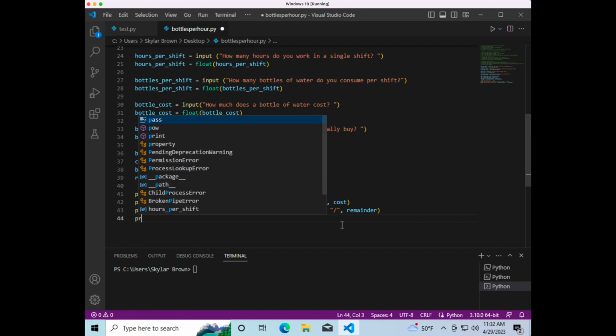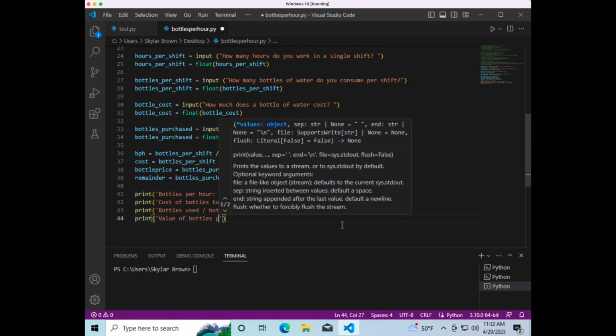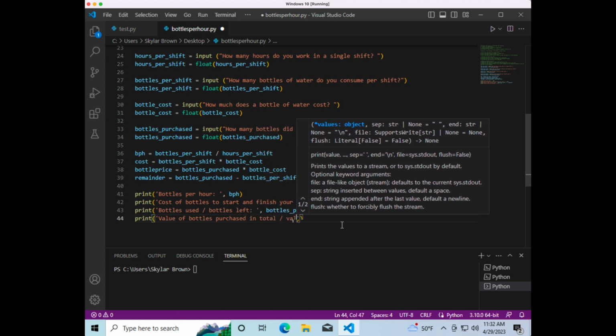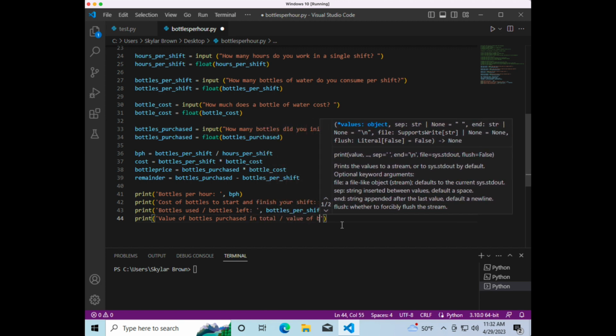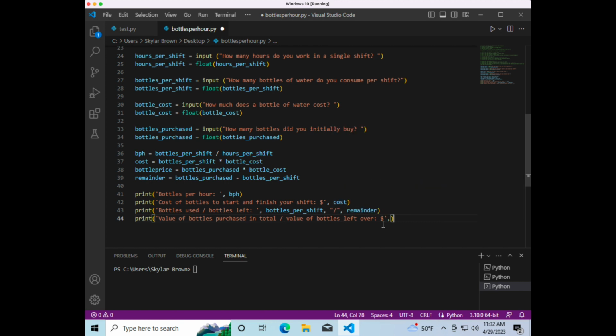All right, and last but not least, we'll print our last print statement, value of bottles purchased in total over the value of bottles left over, and put a $, and that single quote there, and this will be bottle price. Okay, put a comma, another double quote, /, $, and the double quote, put a comma,